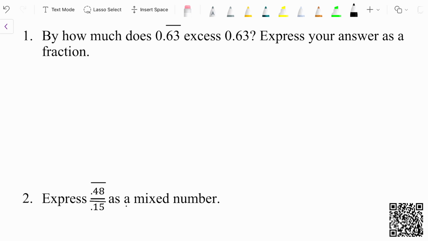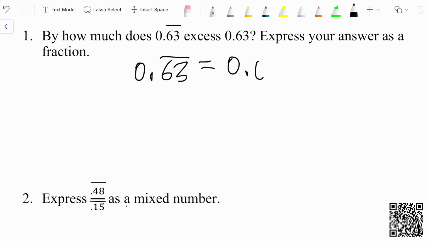Today's first question is, by how much does 0.63 with a bar exceed 0.63 without a bar? Express your answer as a fraction. So the first part is more of an introduction into the second part, because when we write 0.63 with a bar, this is equivalent to